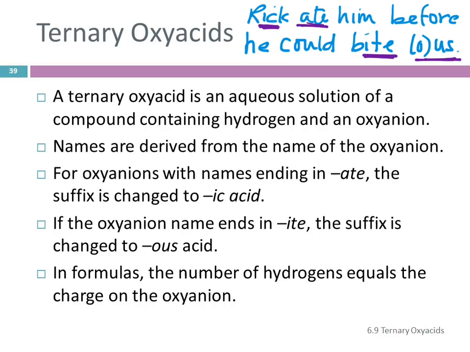So we find the name of the oxyanion, like if it's nitrate, we change the -ate to -ic acid. Nitrate becomes nitric acid. If it was nitrite, it would be nitrous acid. Okay, so we've got these patterns so that we learn a pattern and then we apply it to a whole